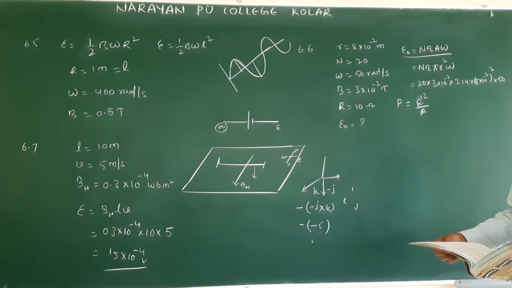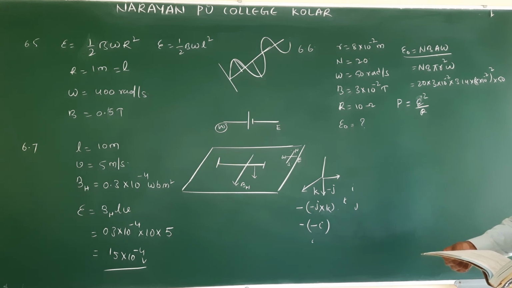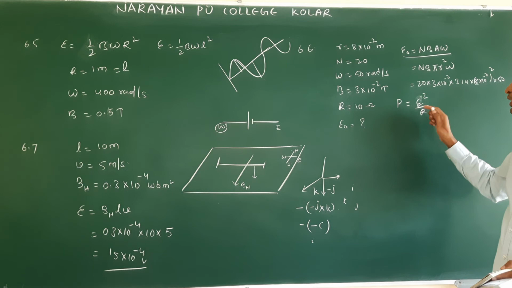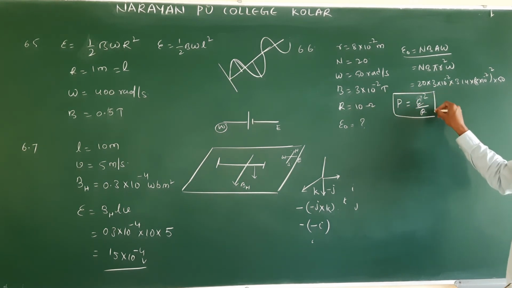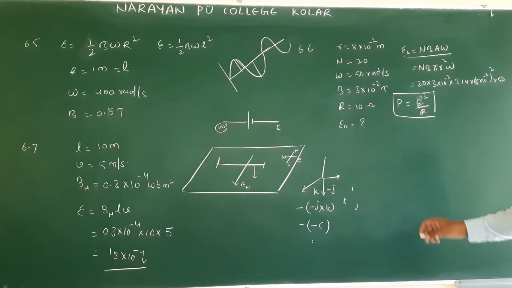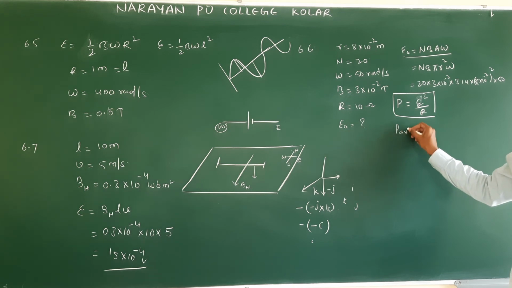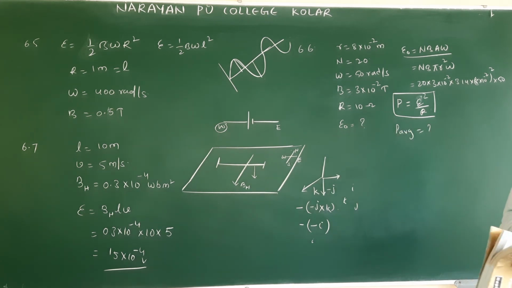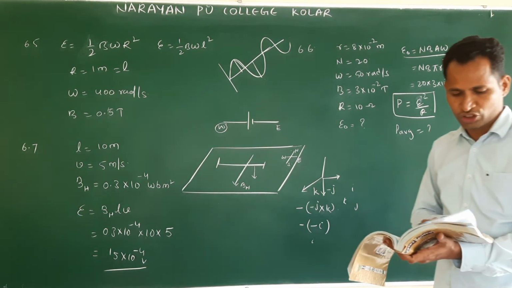Okay, let me check. So the average they have given is 0. Clear? And for average power they use formulas from the next lesson, half of E max and I max. This power is the maximum power loss. Clear? Average power loss we will see in the next lesson. So we will leave some space.